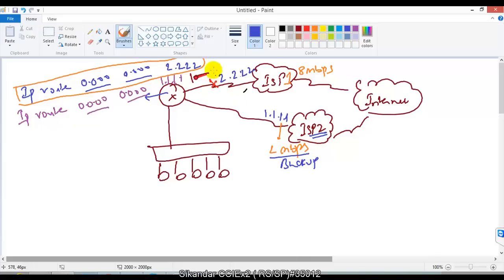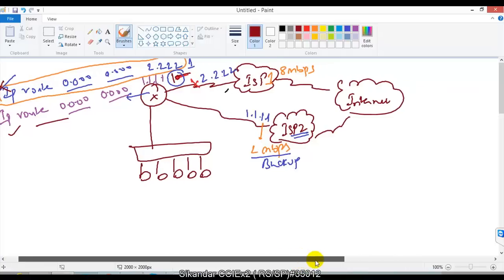In that case we can increase the administrative distance of that route. When I say administrative distance 10, while by default it uses 1, it's going to always prefer the first route. In case that particular static route fails, only then is it going to shift to the alternate route.